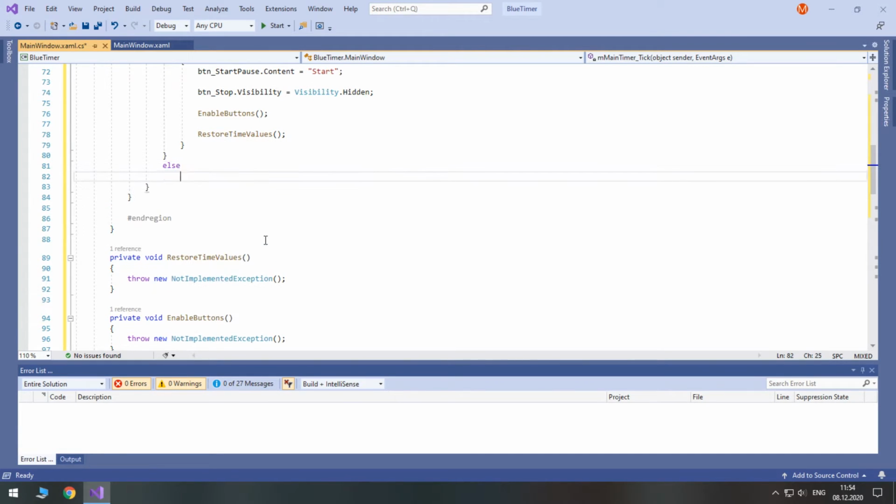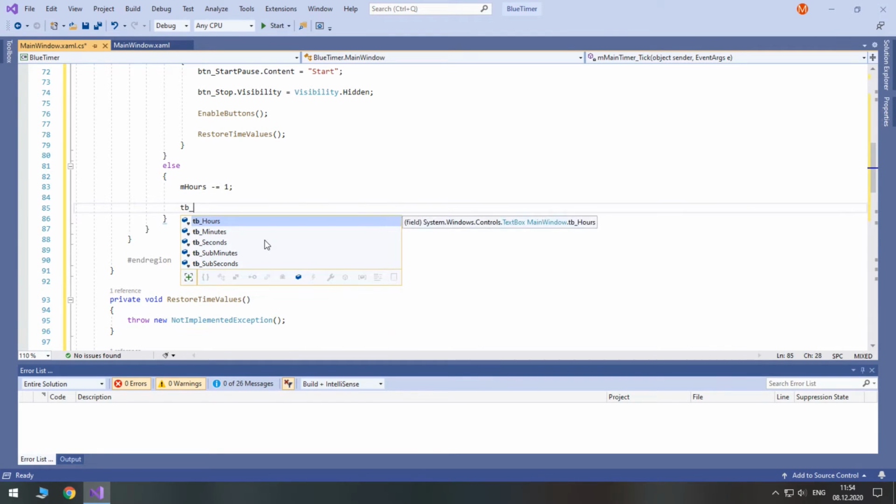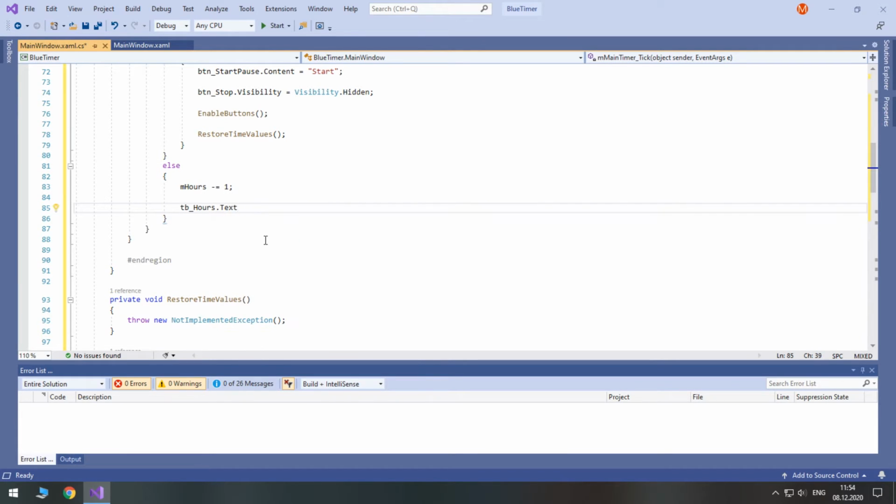But if hours aren't, then we should decrease hours by 1. We will also set the textbox text property to this variable. But in a specific format. So if you want to always display 2 digits, type toString with 2 zeros inside of it.